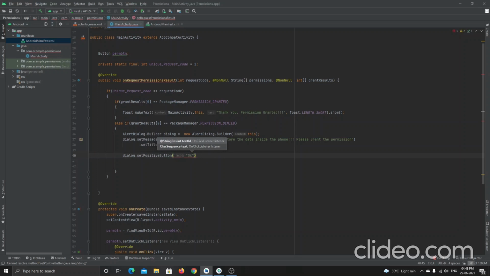If the user clicks okay, then it should redirect inside this method call. Inside this, another thing I want to pass is an on click listener, right? Because it is a direct button, we are not creating it in an XML file, we are creating it directly inside this dialog box by saying set positive button okay. If this okay is clicked, then I want to use a new DialogInterface.OnClickListener, which helps us set the on click listener. This is an inner method.